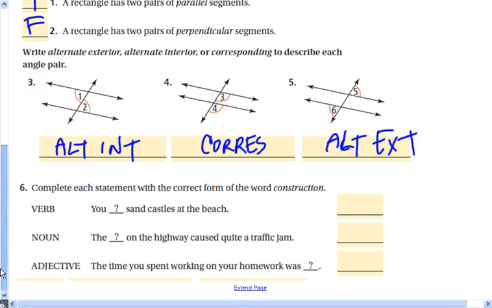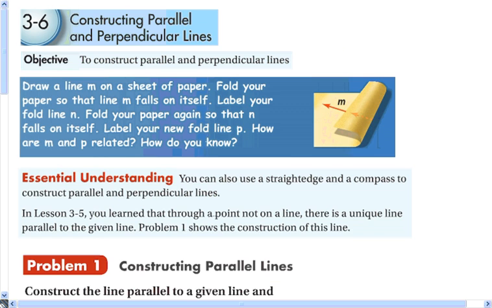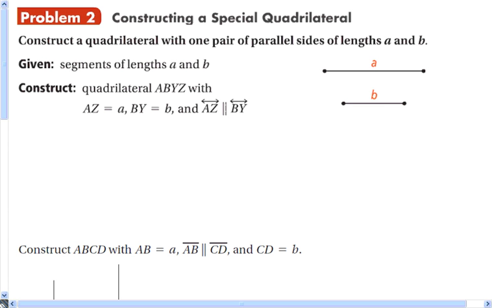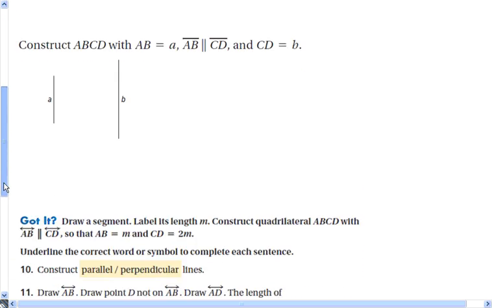I'm going to skip the next one. That's not that important. All right. So I'm going to demonstrate how you can construct parallel and perpendicular lines. I'm going to skip around a little on this one. I think I'm going to do